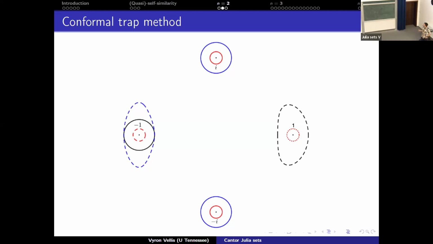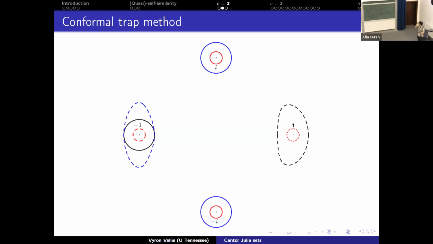Oh, so the red one there, which is close to -1, gets translated to 1. Yeah. Then there will be a real line which is kept instead of 1. So how can it be trapped in the other one? So let's see the real line. Let me think about it. Let's talk after that. Thanks.